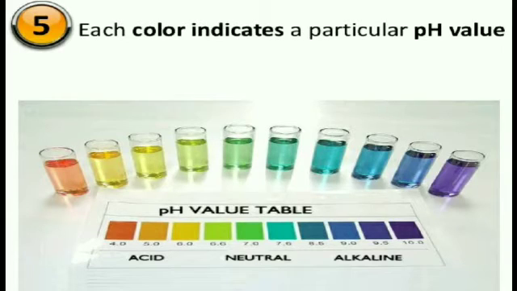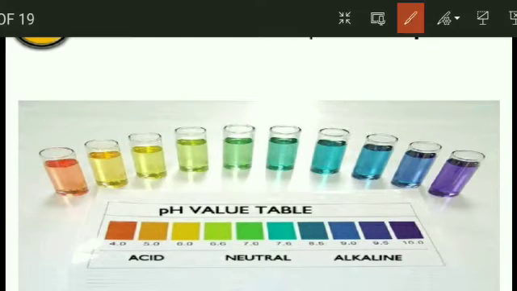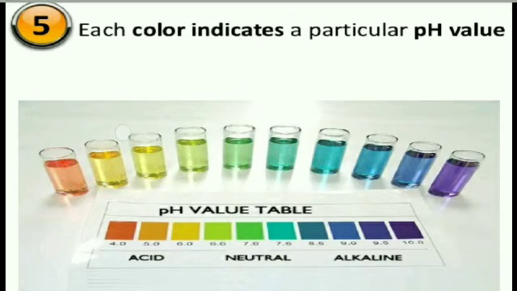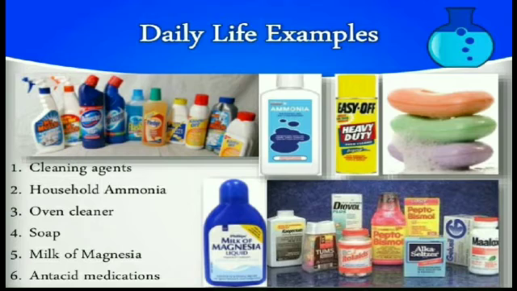So if we test the substances with the universal indicator, it changes color like this. Universal indicator reacts with substances and changes its color. See here, a strong acid shows red color. A strong base shows purple color, and it changes its colors when acids, strong acids or weak acids react with universal indicator. This is the color changing of the indicator.